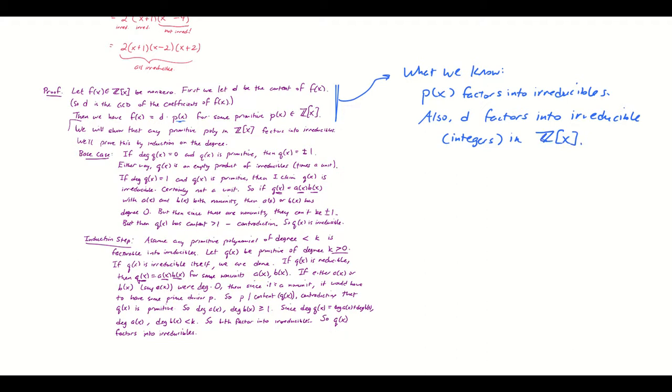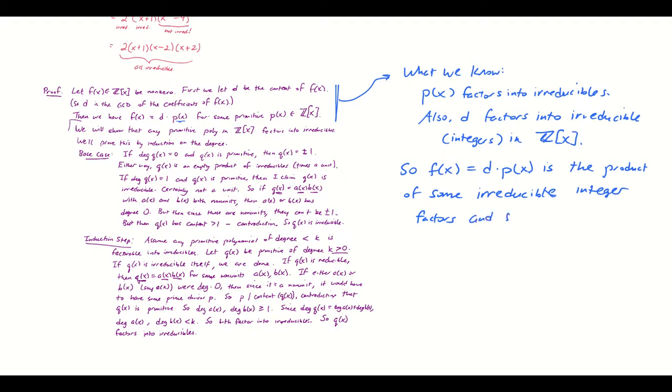So that means that f of x, which is d times p of x, is the product of some irreducible integer factors, possibly none of them, maybe a unit there in the content, and some irreducible